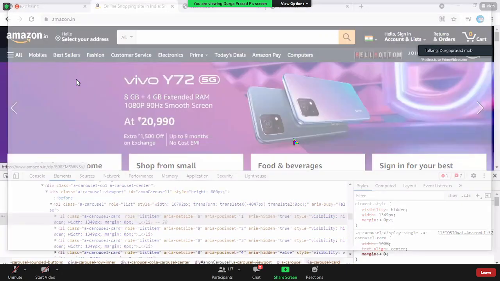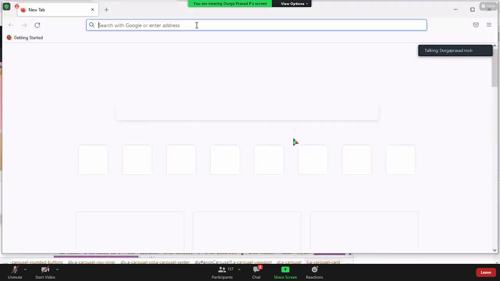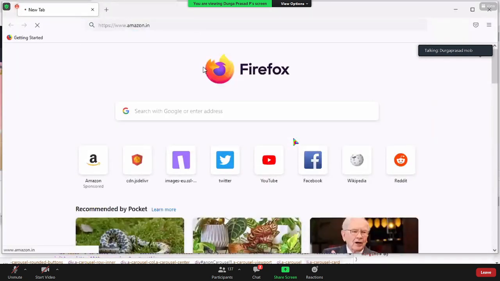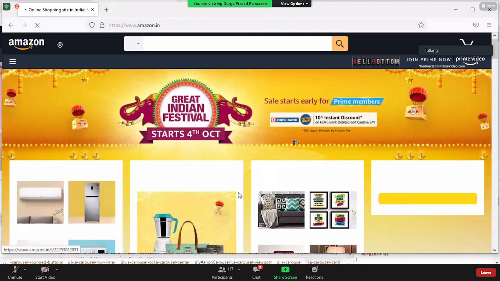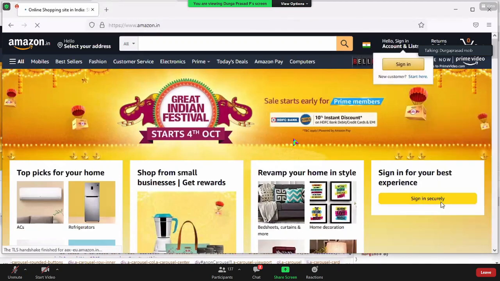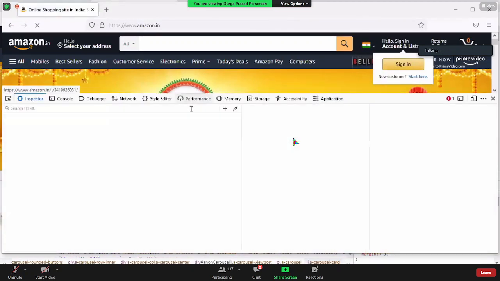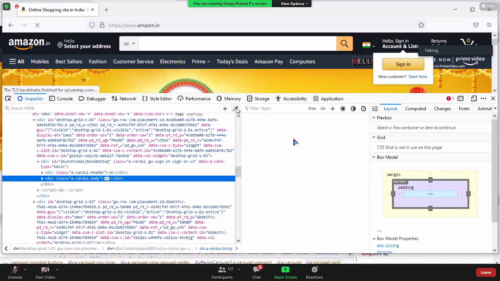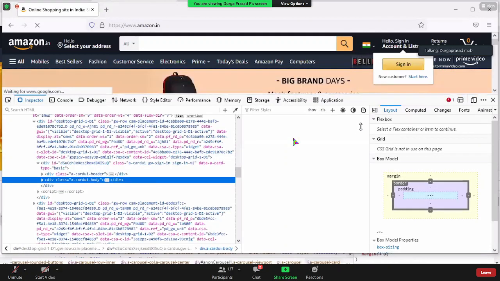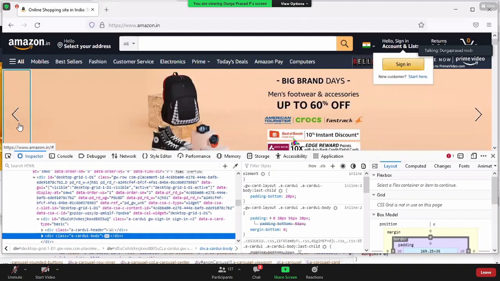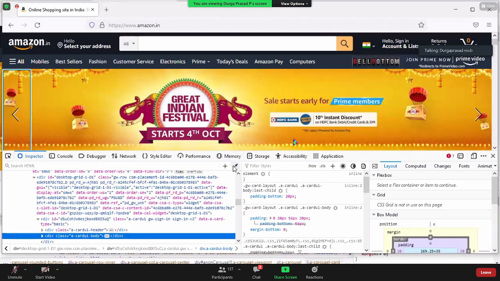For Chrome, you need to install a plugin for that. So if you see, when I go to Amazon.in and go with inspect, I want the same background. Where is the elephant? Okay, so now I can take this.